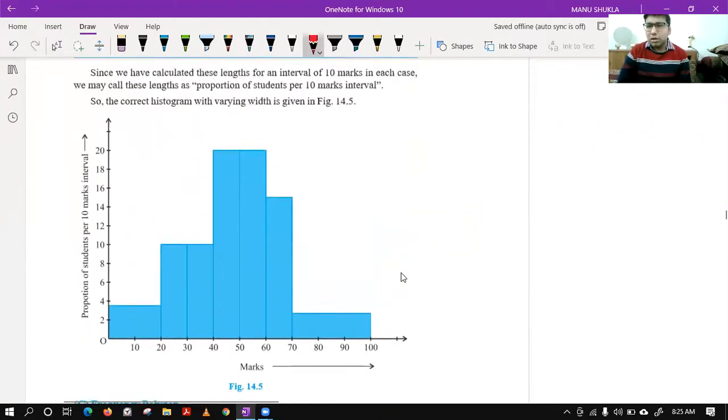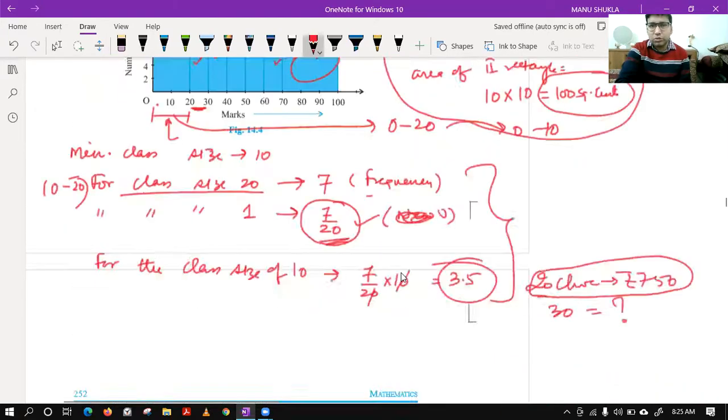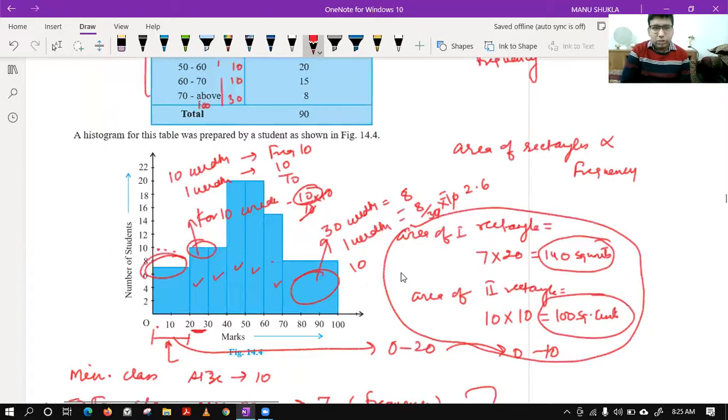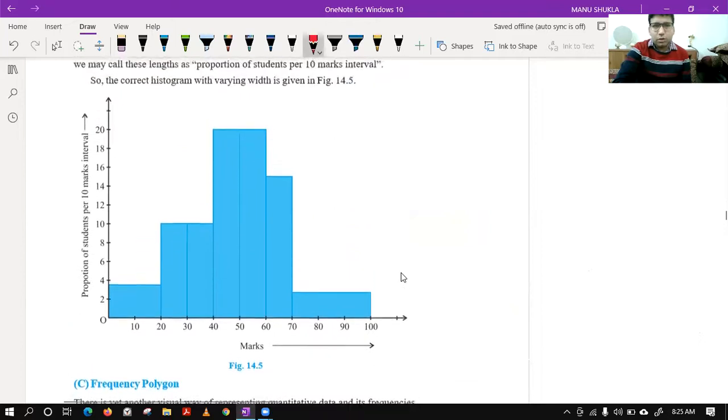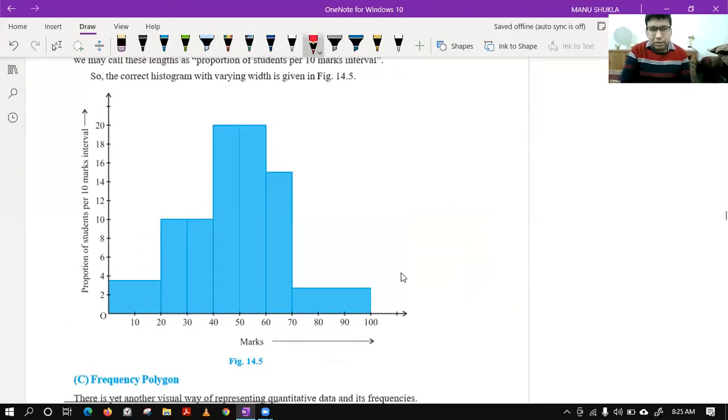After this, we just have to make the new graph. So this is the new graph you can see, and it is changed. If you compare with the previous one, in this, the height of this was quite different, and see in this one. In the normal case, it was coming more.